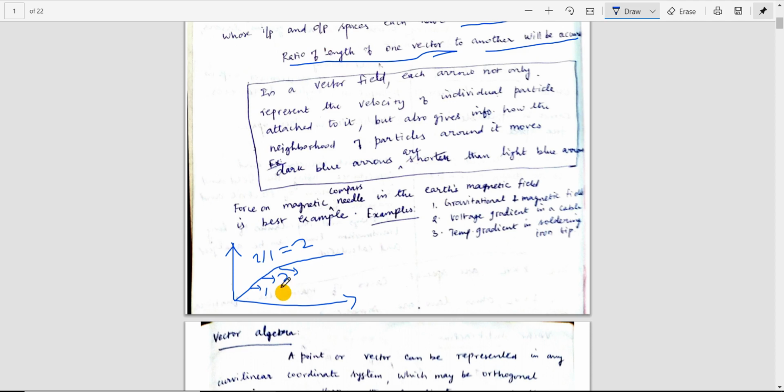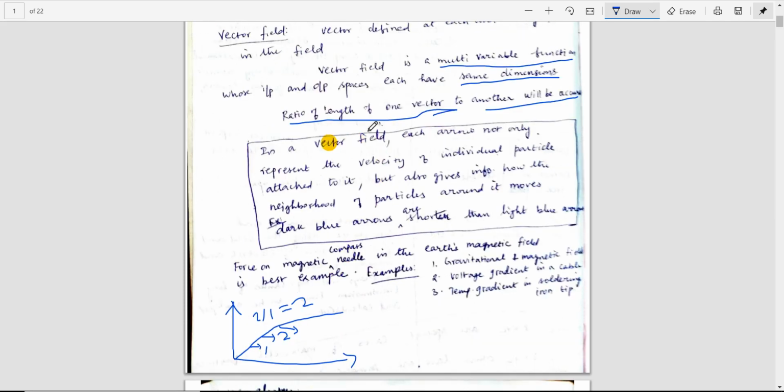I think you can understand. For length, you have to compare. So if you are comparing, then you can define the neighborhood also. But if you are defining the length, you cannot define the neighborhood. So if you want to represent a vector field, you should define the neighborhood. Likewise, you should define the cumulative length of the particular vector field.